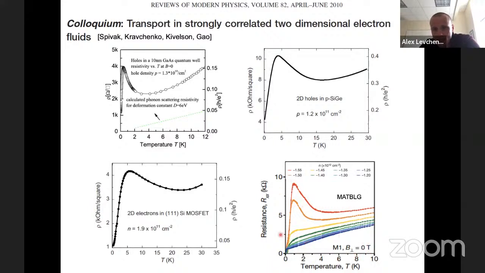And again, you see this upturn, downturn, and upturn non-monotonic behavior, which has this downturn slope reminiscent of the earlier proposal of Gurzhi, saying that perhaps this should be attributed to a collective viscous behavior of electron liquids. So my goal is maybe not so much to convince you that this is exactly the case, but I will try to give you, hopefully, a plausible and convincing argument that maybe this is indeed the case. And so let me try to do that.